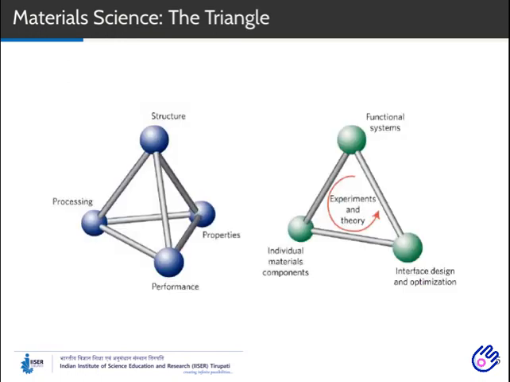Usually, any subject has some basic objectives to define the subject itself. In the case of material science, it can be designated as the material science tetrahedron or, in modern terms, the material science triangle. The objectives are almost the same in both cases. In the tetrahedron, structure is crucial for any material. Once the structure is known, its properties will be studied and processing strategies will be developed. Then, based on this, the performance of the systems will be estimated.